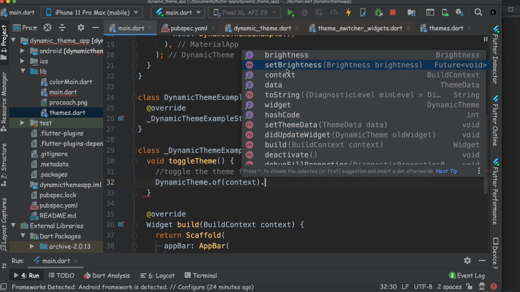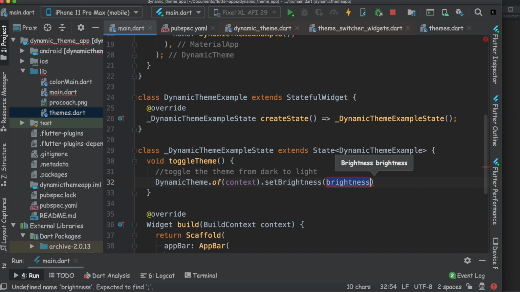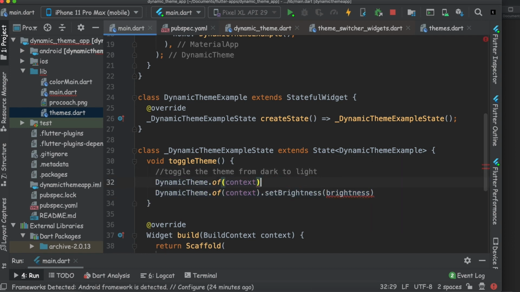So we are going to do a set brightness, and inside this we are actually planning to play with light and dark. So before that, we need to know what is the current brightness, right? For that, we have current brightness.